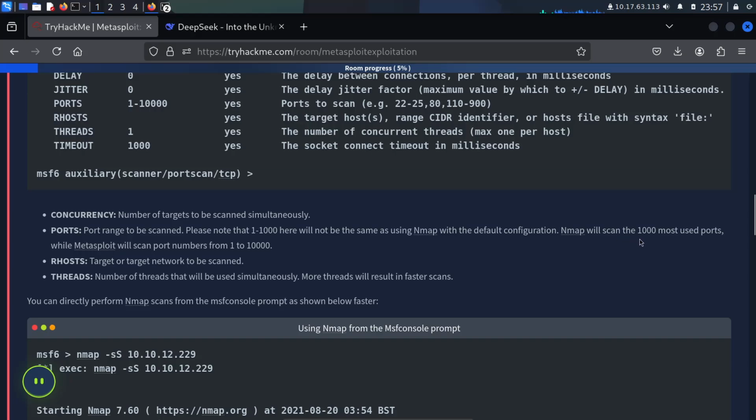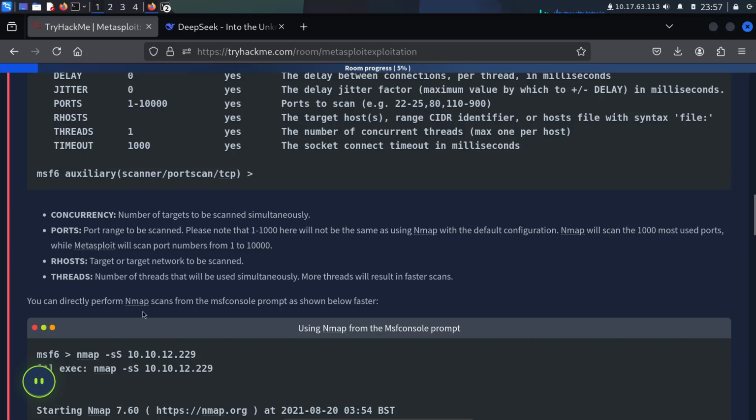Nmap will scan the 1000 most used ports, while Metasploit will scan port numbers from 1 to 10,000. RHOSTS is the host target or target network to be scanned. THREADS is the number of threads that will be used simultaneously. More threads will result in a faster scan.